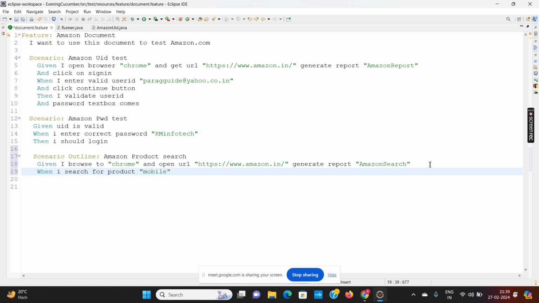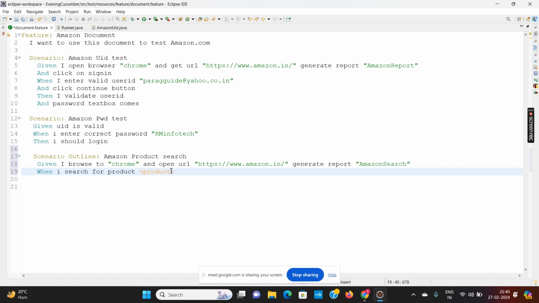If I write it in the double quotes, then only a single value will be passed to my test method. Like here we were passing RM Infotech Parag guide. But here I want to pass multiple product searches. For that, I will write it within greater than and less than, say product, like this.